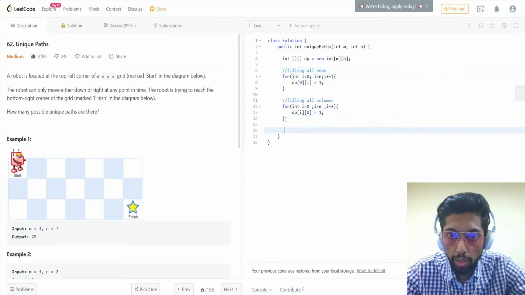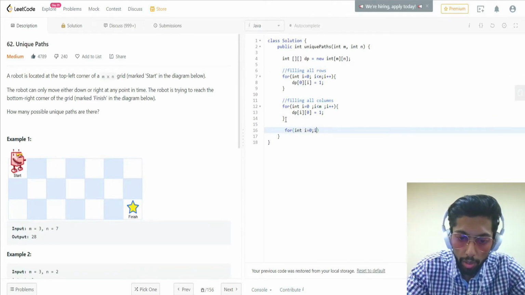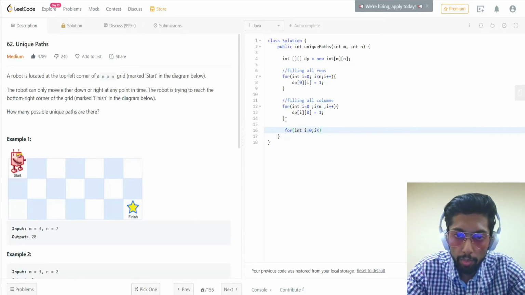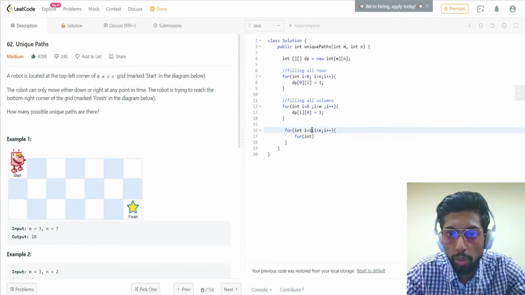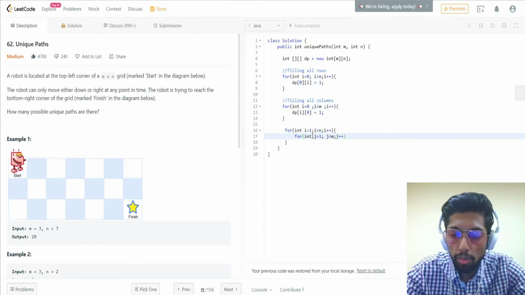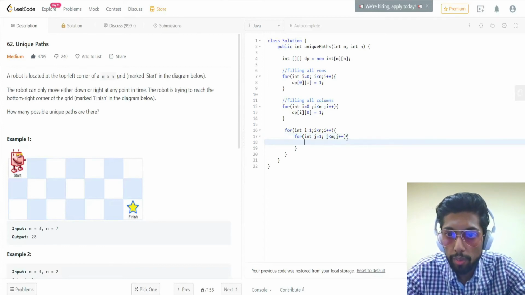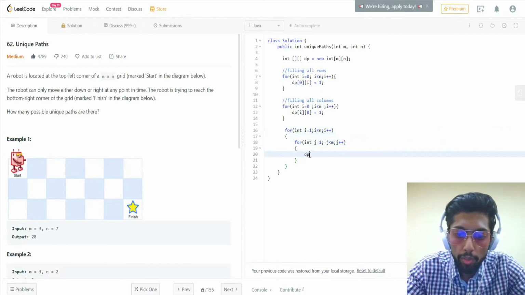Now for the rest of the cells. So let's start. For int i is equal to 0, i smaller than n, i plus plus. And for int, oh sorry, not 0, we can start from 1 only. Int j is equal to 1, j smaller than m, j plus plus. Now here what I have to do here,